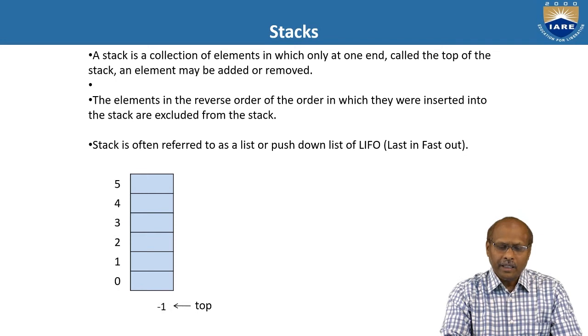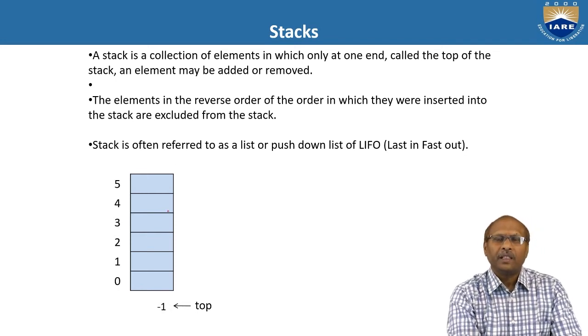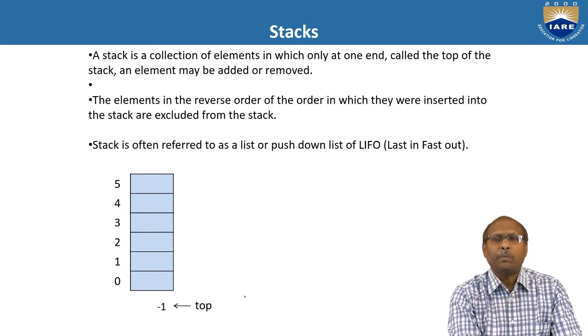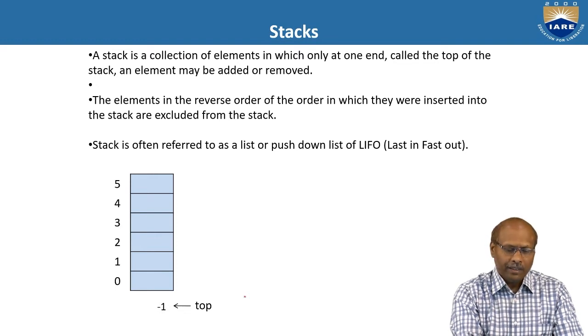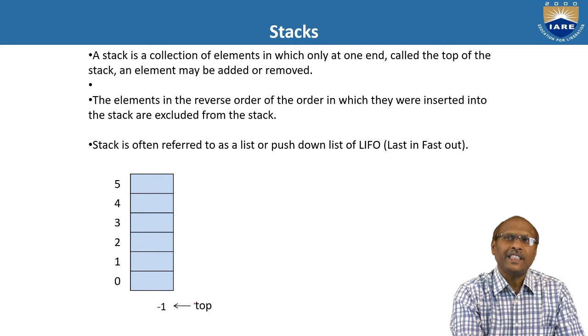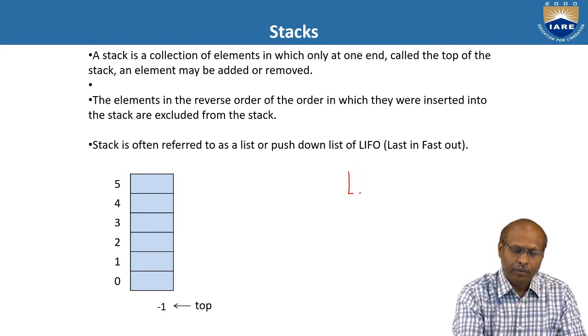Initially you can assume a stack is a vertical array type, and it will have a separate pointer called the top pointer, or top index. It will be pointing to the place where you can either push or pop, that means insert or delete. Initially I am assuming the top is -1. That means it is not pointing anywhere, it is just the beginning. So this is a general representation of a stack. Remember, a stack is also called a LIFO list.